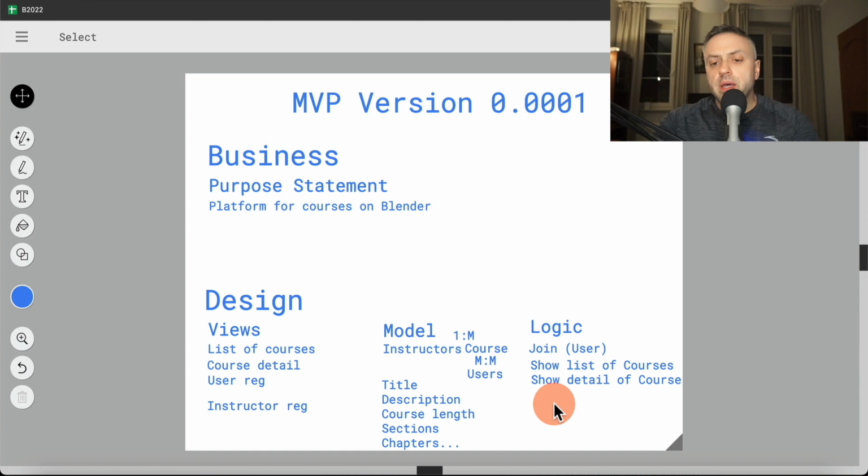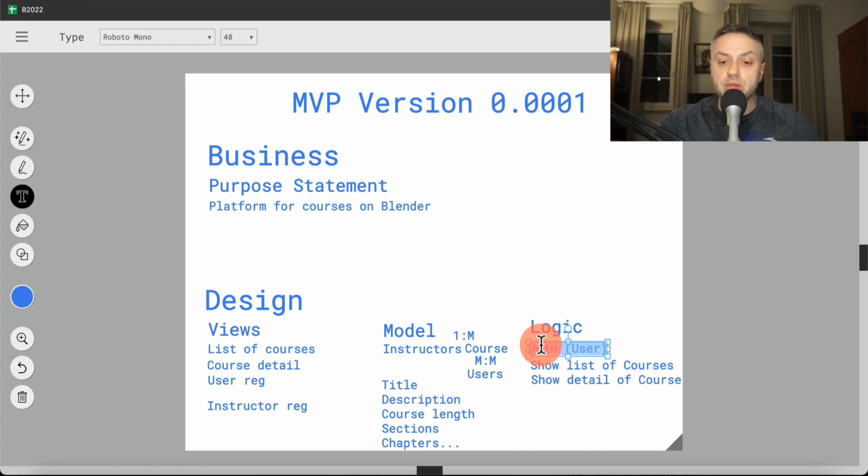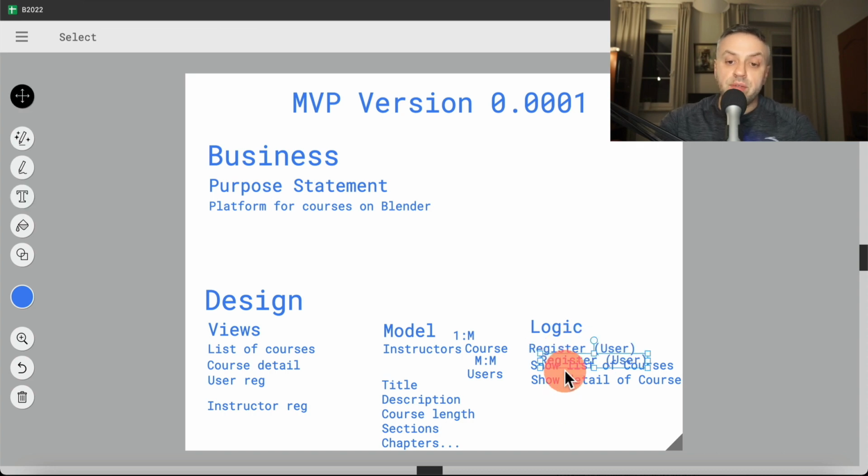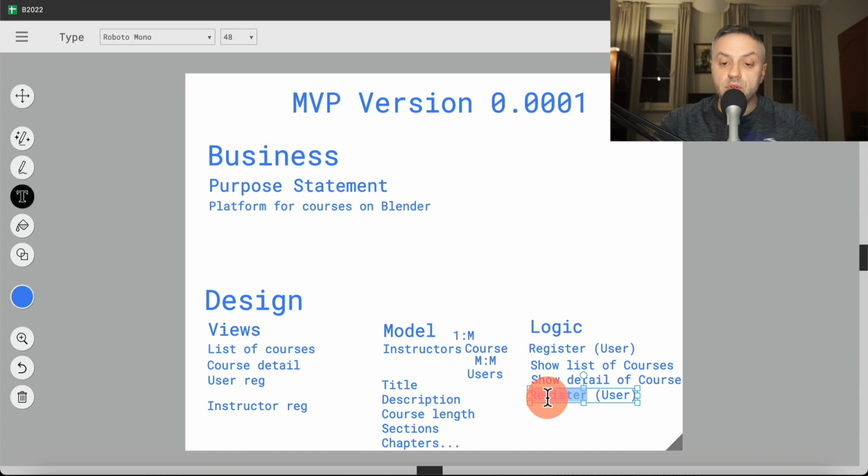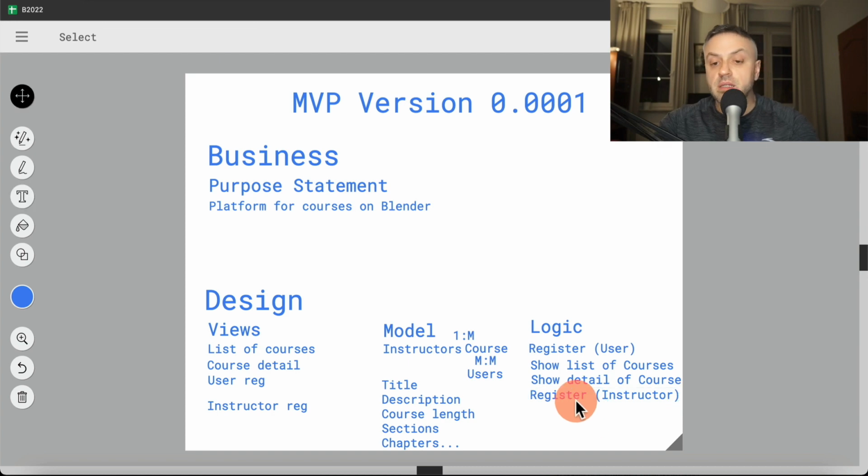All right. Another thing we need to do is register. So this is register, actually. And like I said, we're building an MVP, right? We can kind of ignore it, but if you really want, you can register an instructor. Like I said, this is not mandatory in the beginning. It's going to be mandatory and useful later on. It's not important right now, but it's there.